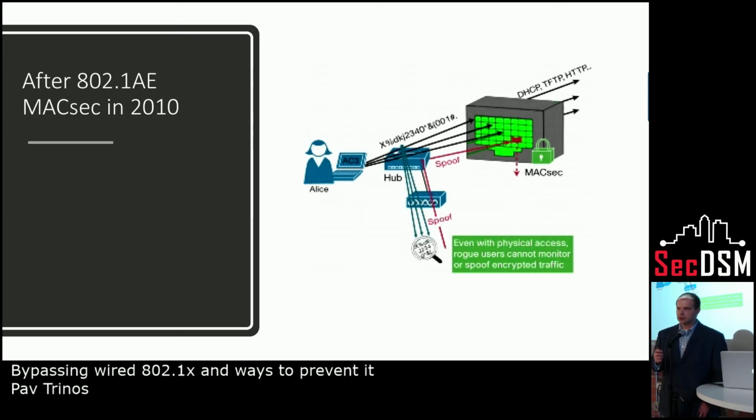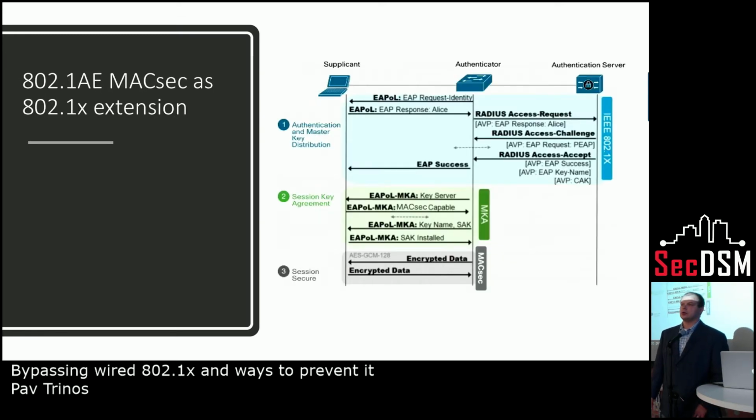So at a lower level, MACsec really is a nice addition to 802.1x. Once 802.1x is done, MACsec can do its own key exchange and encryption and build out that nice tunnel, and it will continue. Kind of like you walk in the door, you show your credentials, and then the guard walks behind you everywhere without letting you go.